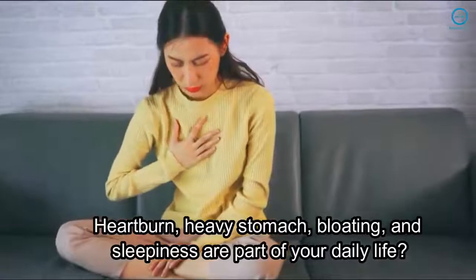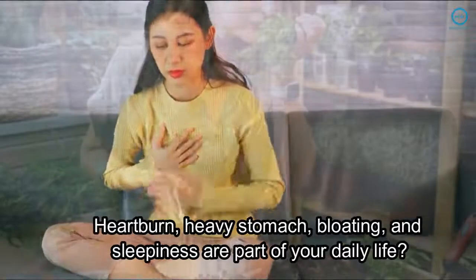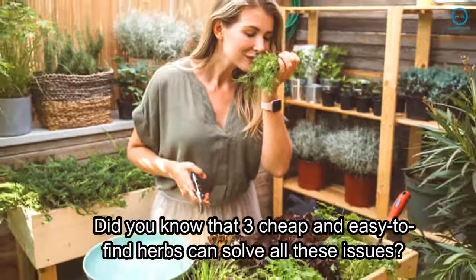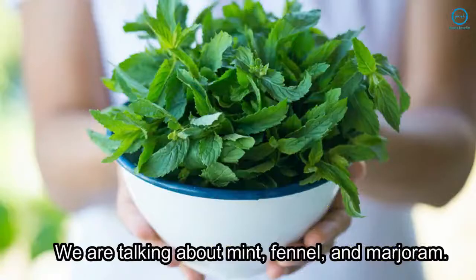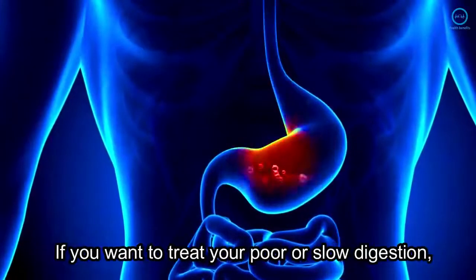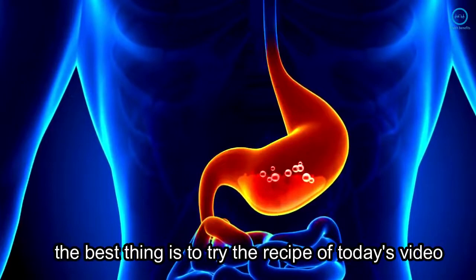Heartburn, heavy stomach, bloating, and sleepiness are part of your daily life? Did you know that 3 cheap and easy-to-find herbs can solve all these issues? We are talking about mint, fennel, and marjoram. If you want to treat your poor or slow digestion, the best thing is to try the recipe of today's